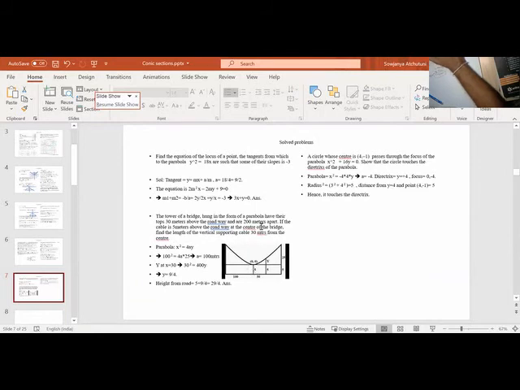So if this is the vertex, then this is 0, 0. So then y is 25. This is not the directrix. This is the road, the axis is given, but the directrix is somewhere below. If the cable is 5 meters above the road at the center, find the length of the vertical support at a distance of 30 meters from the center. This is 100 meters up to the end.